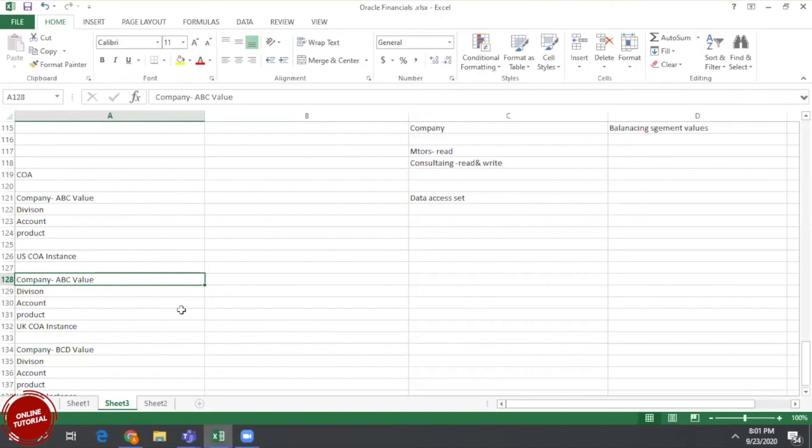But when I started practicing, I came to know that this is not possible. After I did one or two implementations, I understood there also that this is not possible. The only purpose of the instance is to override the value sets. Beyond that, there is not much purpose.